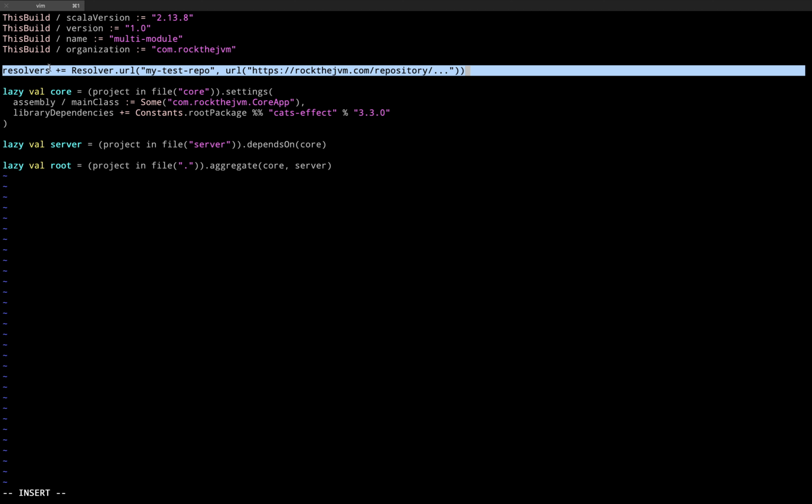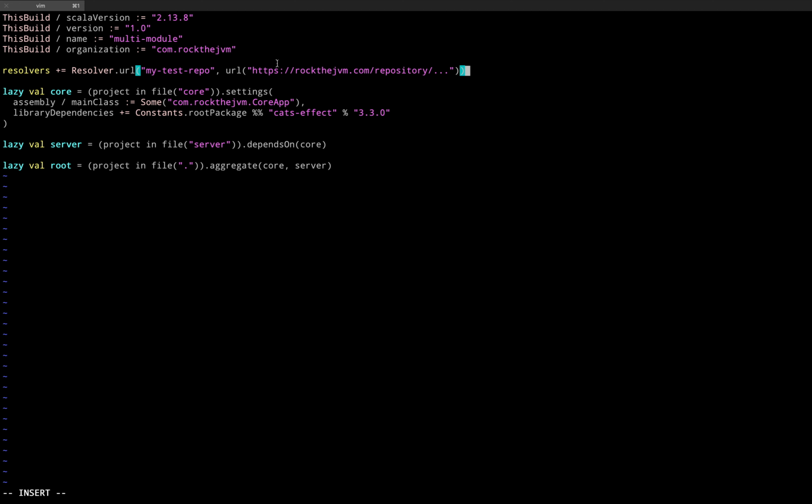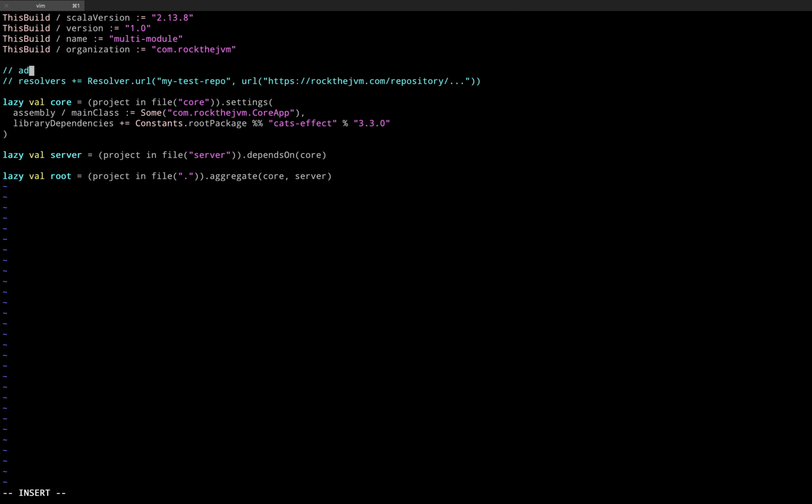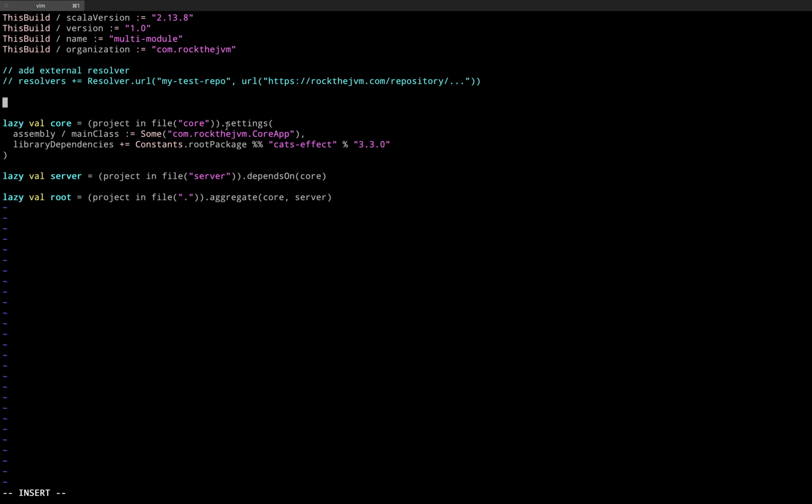And you might see this in other build.sbt files for certain libraries where you publish your libraries to Sonatype or to Maven Central or something like that, and you want to add all the resolvers in the same build.sbt file so that SBT can search for your artifact everywhere. Now I'm going to comment this one because this URL is invalid, so this is how you can add an external resolver. But you can also add an internal resolver, meaning that SBT will look for artifacts or binaries locally